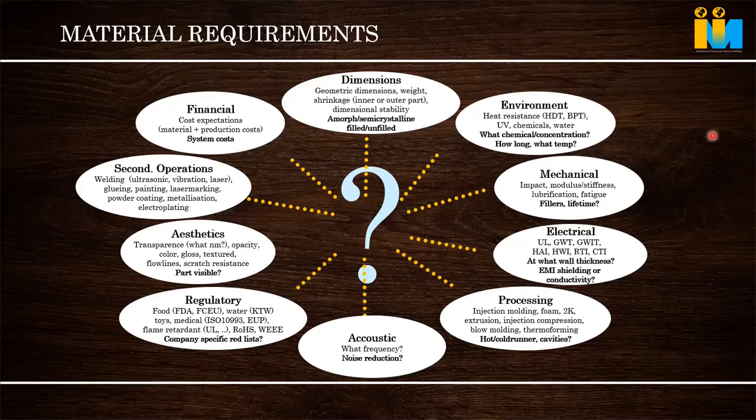To remove that stress, we keep the part inside the oven. It is known as annealing. We keep the part in the oven at a certain temperature, which is just below the heat distortion temperature of that material. Heat distortion temperature is the temperature at which the part or material starts deforming, so we cannot go to that temperature. We will keep it 15, 20 degrees below that temperature for a prolonged time, half an hour or based on the raw material, so that the molecules get settled down. The stress inside the material will be relieved. That is the annealing process. With that, the part will have better performance.